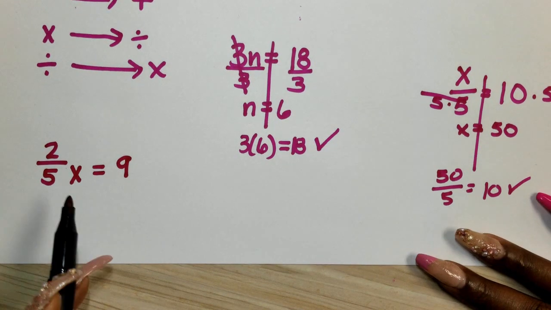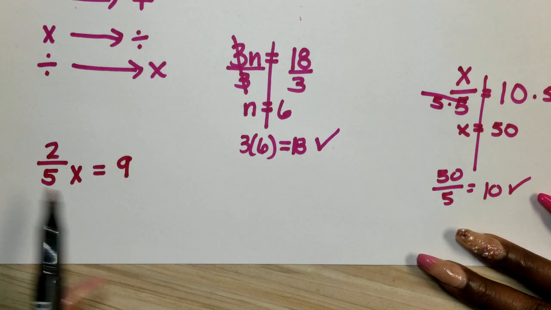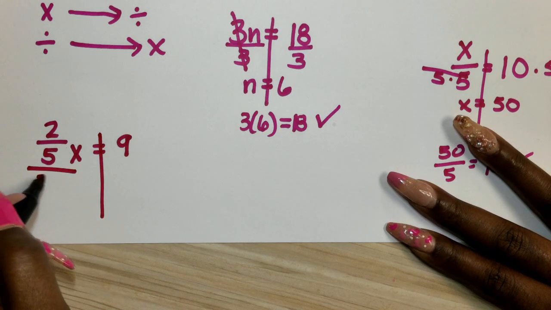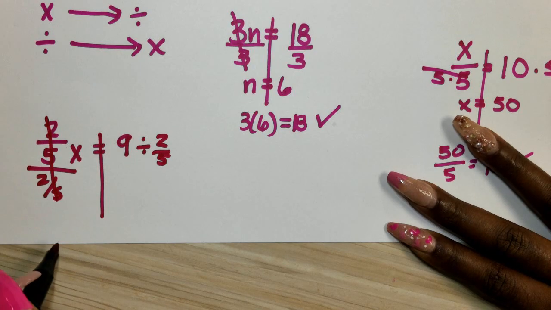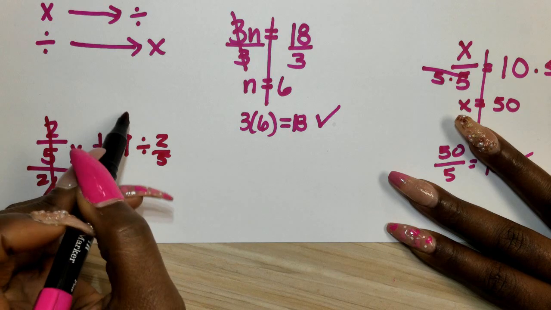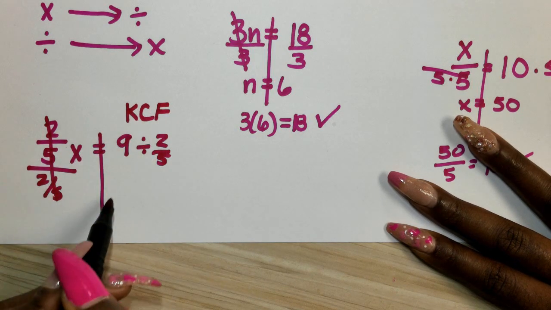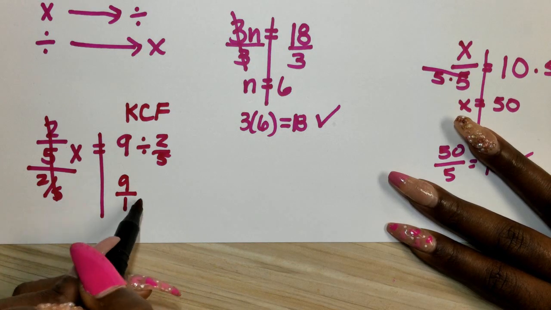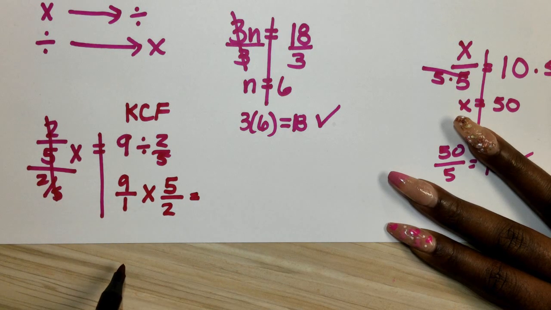Again, we know when it's together like this with no sign, that means to multiply. The opposite of multiply is to divide. So I'm going to divide by 2/5, divide by 2/5. This cancels out. So now I need to remember what I talked about with fractions when I multiply or divide a fraction: keep, change, and flip. Turn it into a fraction first by putting it over 1. So keep, change, flip, and I get